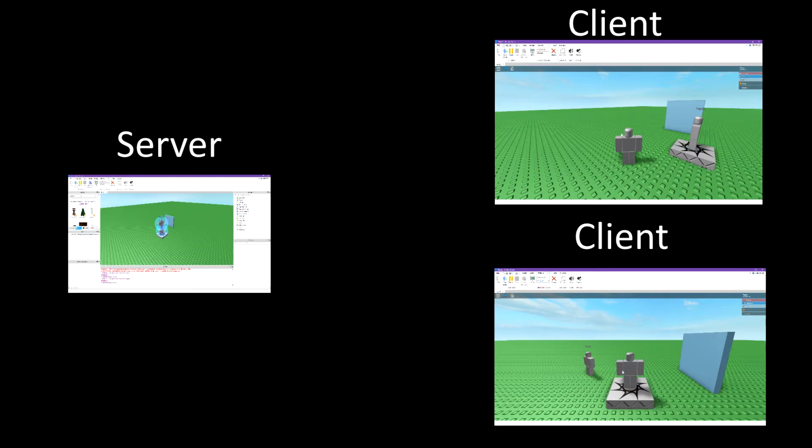Once we enable filtering, it basically cuts those communication lines between the client and the server. And so we need a way to send data back and forth, and this is where remote events and remote functions come in. And so the remote event